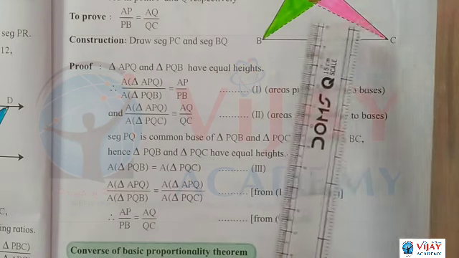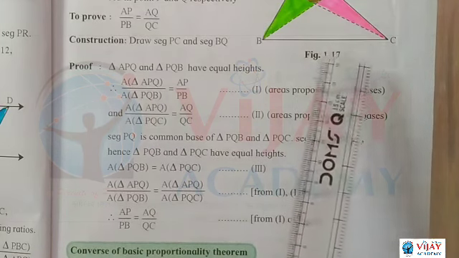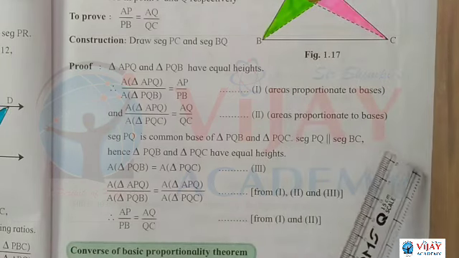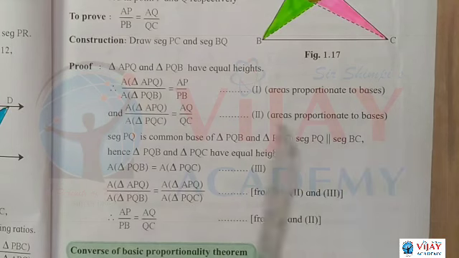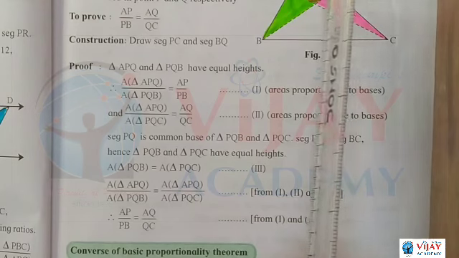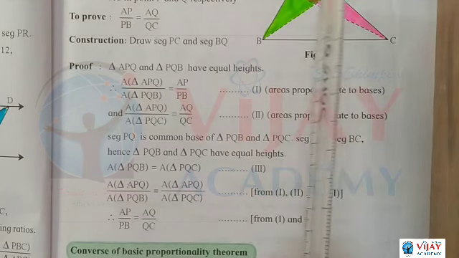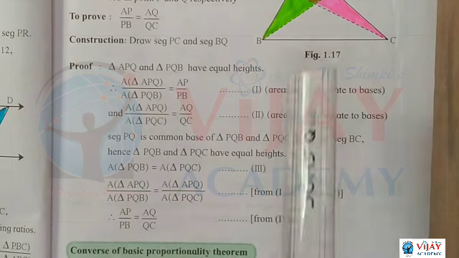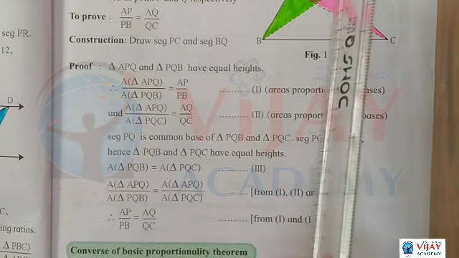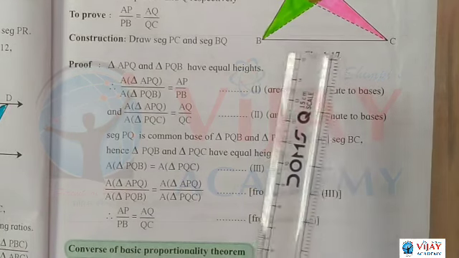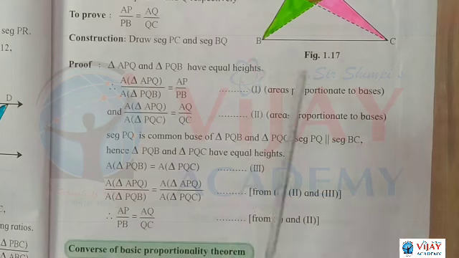So when you are given such a type of triangle and one line is parallel, we get AP upon PB is equal to AQ upon QC. Last year we learned the midpoint theorem. Instead of P and Q being any points, you have to take the midpoints, and if we take these midpoints we get the same ratio. Means AP must be equal to PB and AQ must be equal to QC, so that this line must be parallel to this one. So this is one of the applications of the midpoint theorem, and the basic proportionality theorem is the main theorem.